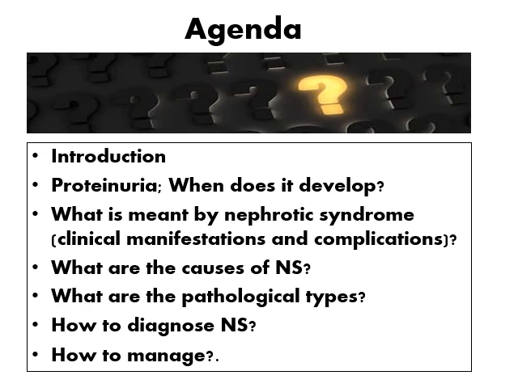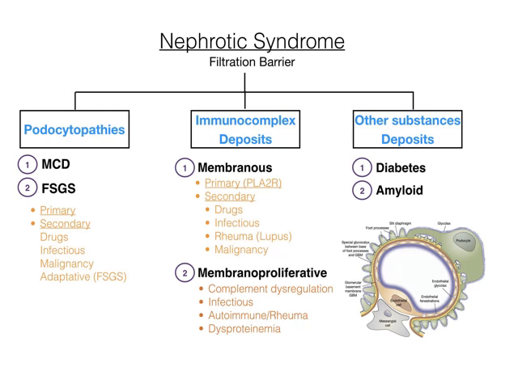What are the pathological types of nephrotic syndrome? Nephrotic syndrome can be further classified according to the pathogenesis. If there is podocytopathy, like minimal change and focal segmental glomerulosclerosis, in this condition the primary pathology is involving the glomeruli. Or if there is immune complex deposits, and this is what happens in case of membranous and membranoproliferative glomerulonephritis,